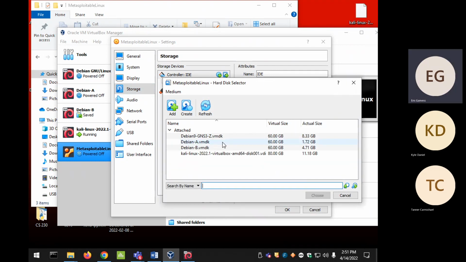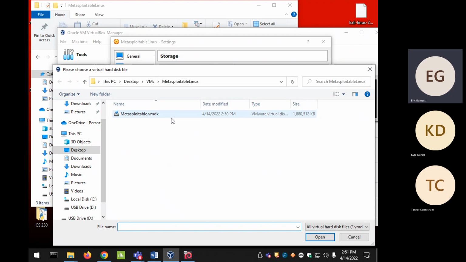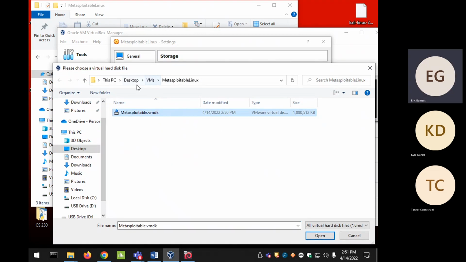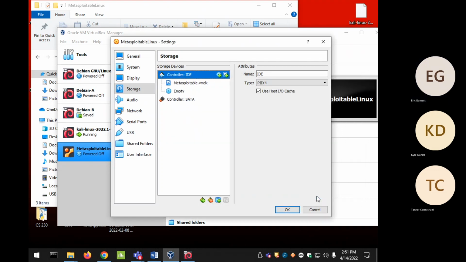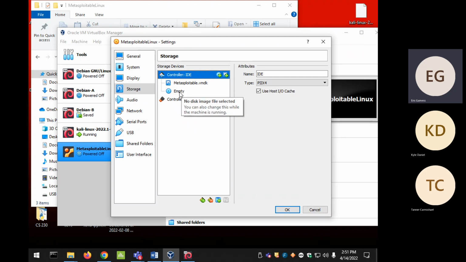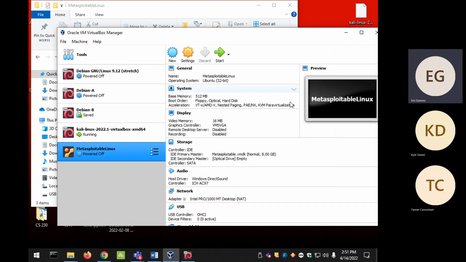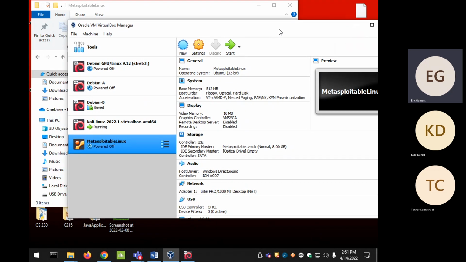And I'm going to say, okay, I want to add the one that I just downloaded. So here, add. Okay, here it is, the one that I just downloaded. It is already there. It is in desktop VM Metasploitable Linux in my case. So I'm going to choose it. And as you can see, it is there. Now the virtual machine has a CD and has a hard disk. Okay, so it already has a hard disk, and it's the hard disk that I took from this virtual machine